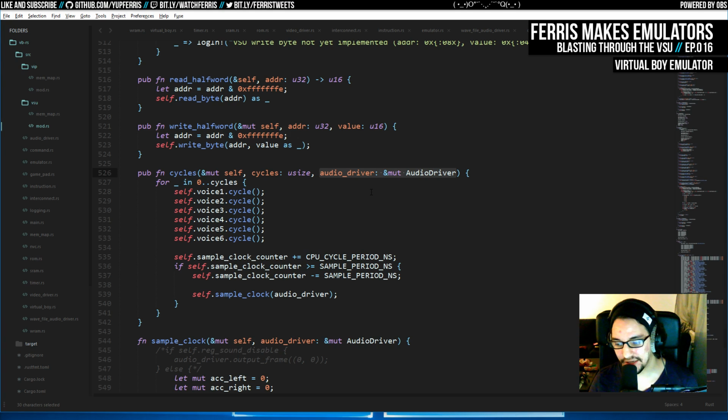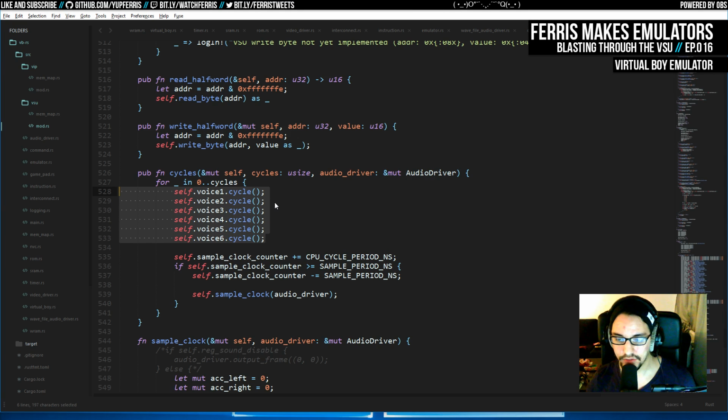I think that's a rounded off number, which also can kind of make sense, and I'll get to the logic for that in a second. But basically, all this is going to do is loop through all the cycles that went by. It would probably be a little bit faster to do less dispatch here and just say, hey, voice 1, run X cycles. But the thing is that it simplifies a lot of the logic to just run